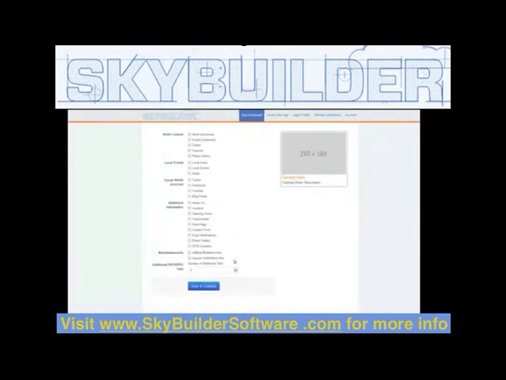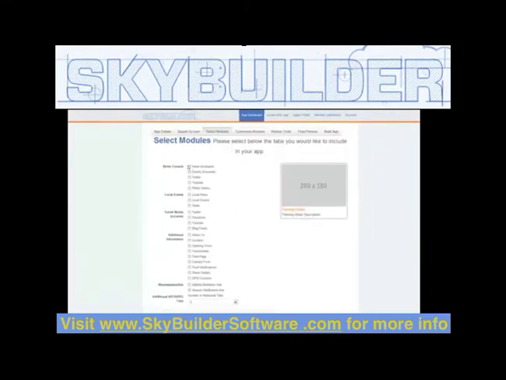And now this is where the cool stuff starts in the app builder. We get to select which modules we want to add. So you can see here news keyword. I can put in any sort of keyword for news, and it's going to automatically pull news for that. For Twitter, for YouTube, you can do a search by keyword or via account. So I can put a keyword and search for anybody talking about Rihanna, or I could just put in Rihanna's account and have that linked up